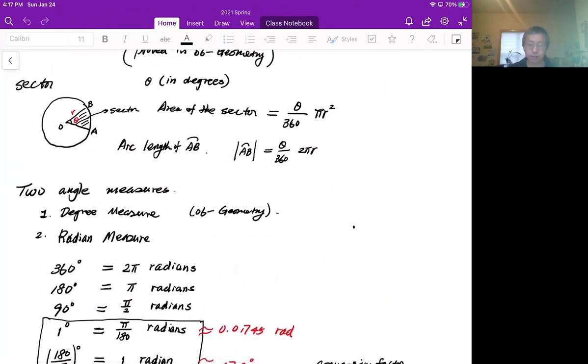The area of sector is you first get pi r square, so the area of the circle, right? And then,